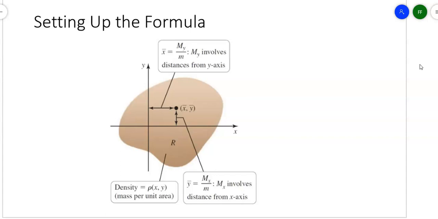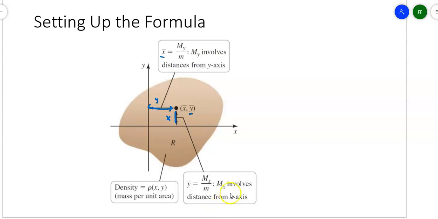You've got now this thin plate instead of a rod, which means you're going to need 2 coordinates for your center of mass. It is sort of counterintuitive, but not really. The x-coordinate is going to be how far you are across this way. So it's going to be the sum of the moments with respect to y divided by the mass. So these are all the distances from the y-axis. The ones over here are going to be distances from the x-axis. So the y-coordinate is going to depend on distance from the x-axis, and the x-coordinate is going to depend on